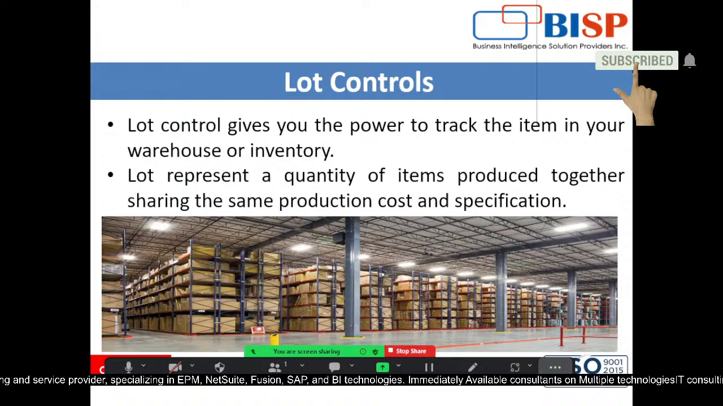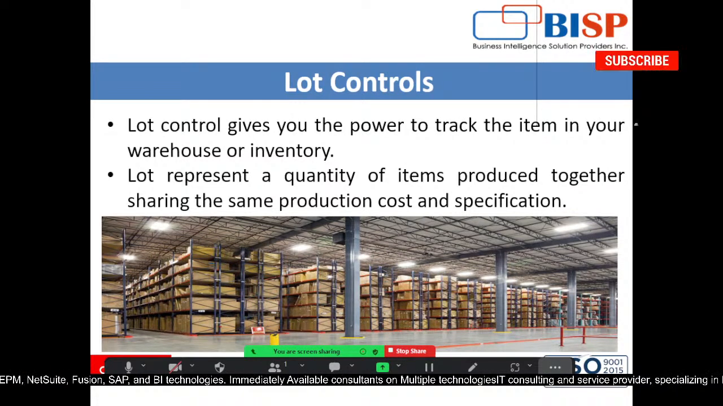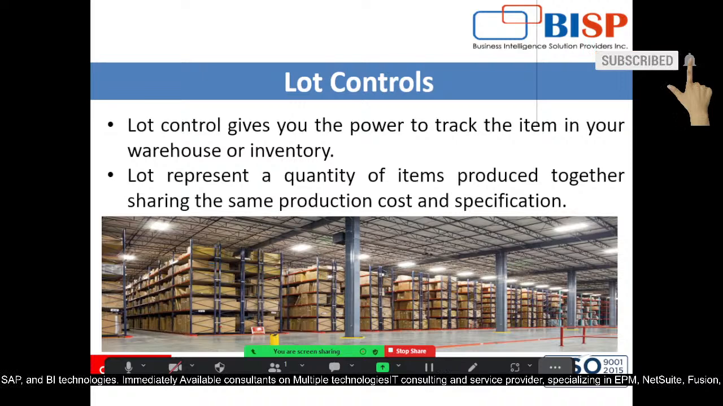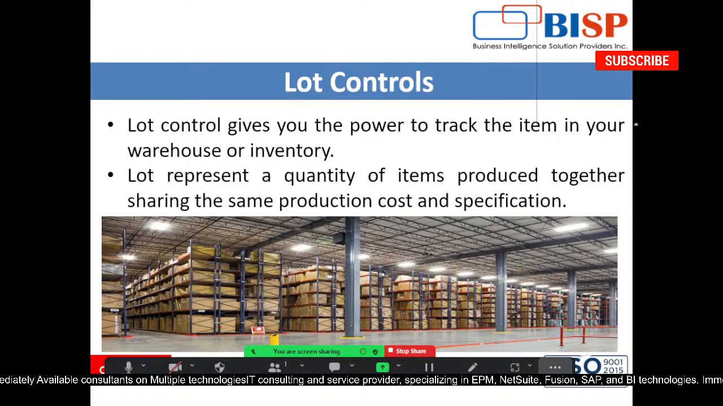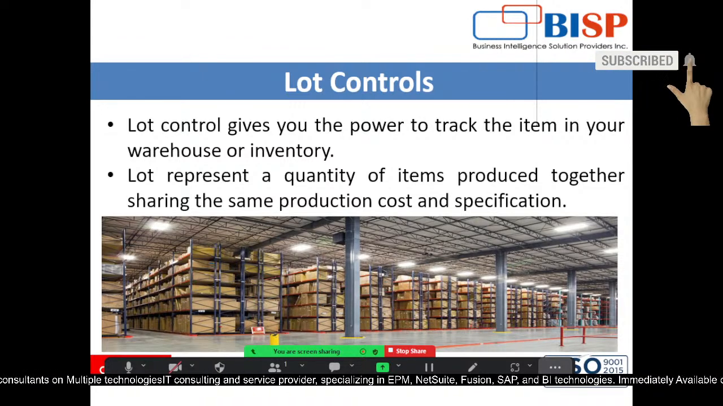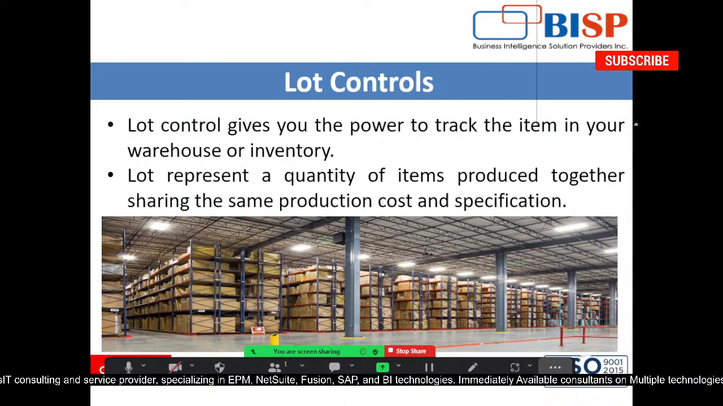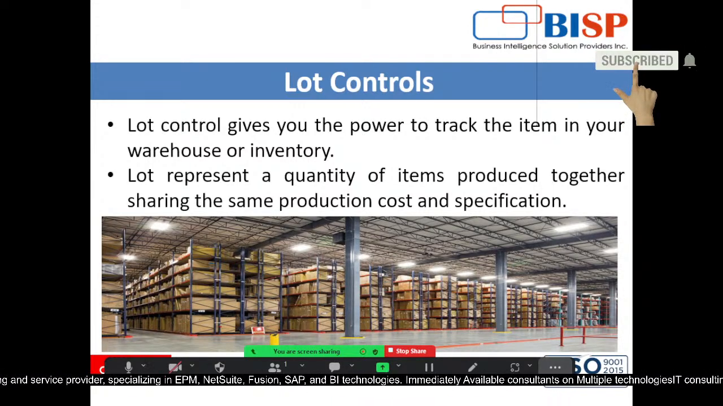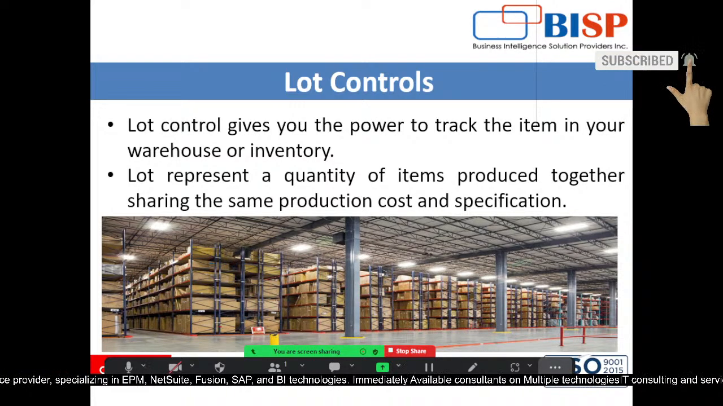Let's take an example of a soft drink manufacturing company. When the company manufactures a batch of soft drink, the entire batch is called a lot, and each lot has a unique identity, the lot number. The lot number is the code for identifying the expiration date of all the products from a specific lot